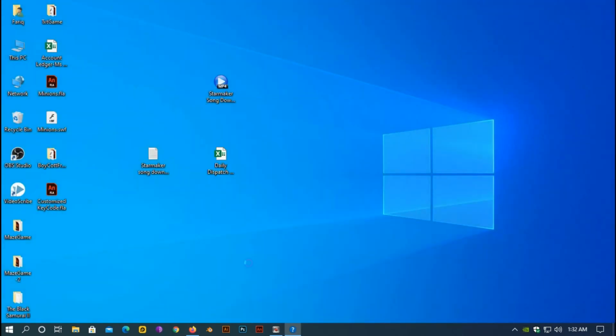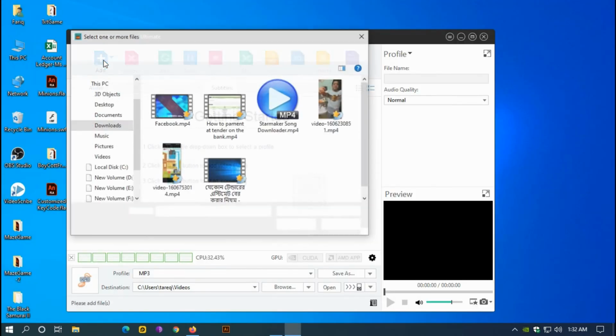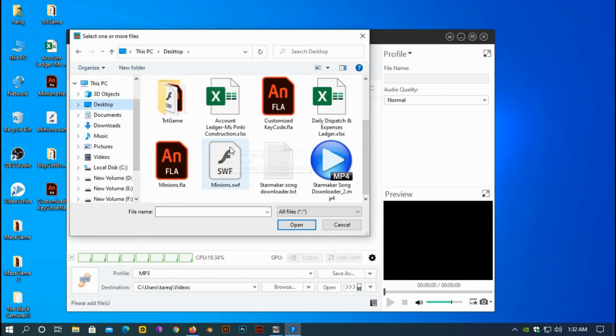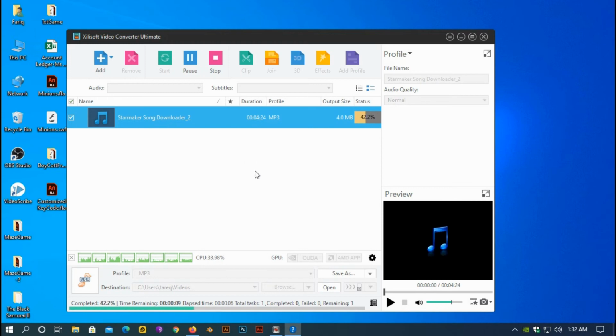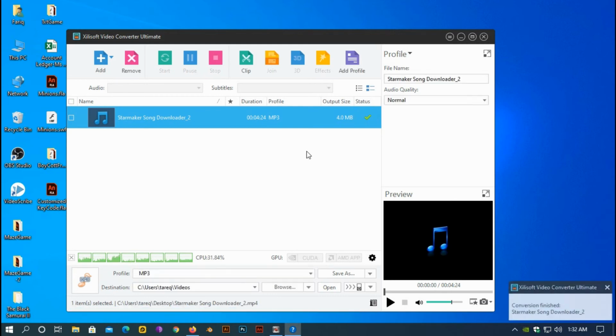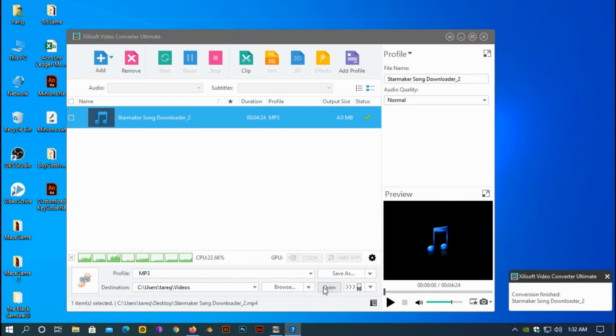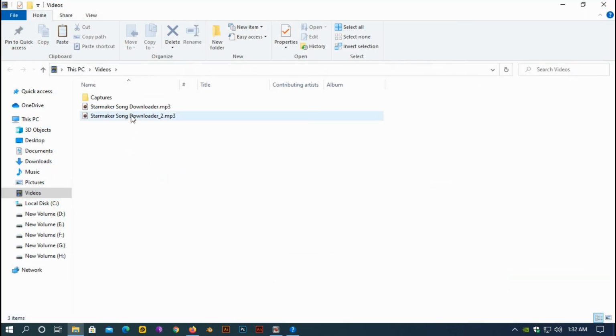I'll use Zilli video converter, and here I'll add the file, and here I have already selected the profile MP3, and now I'll just start. And my conversion has been started. And conversion completed, and I'll open the location. Here you see if I